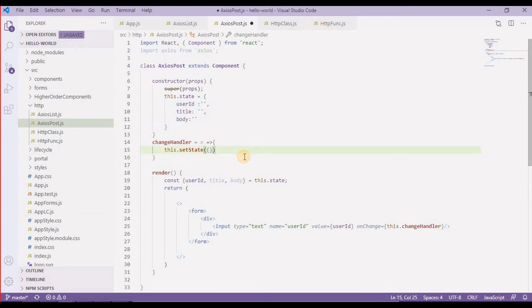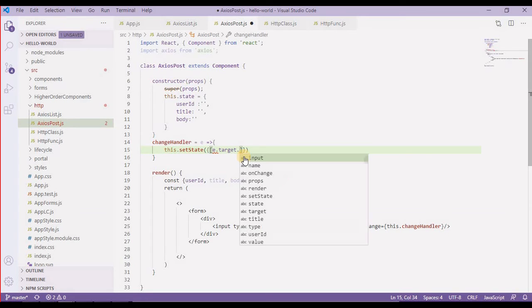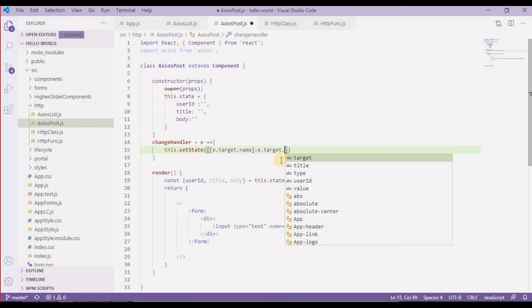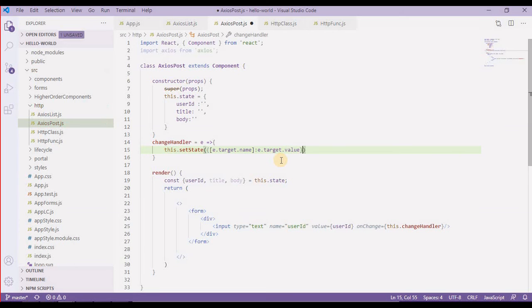So here I'm going to take one array, e.target.name, which is going to take this name, and then e.target.value like this, and this will help me to not repeat the same functionality again and again.